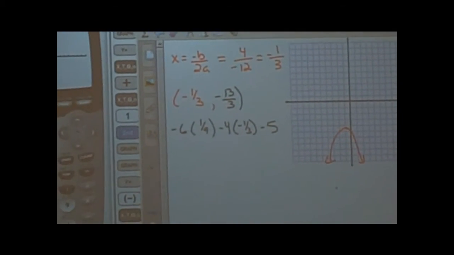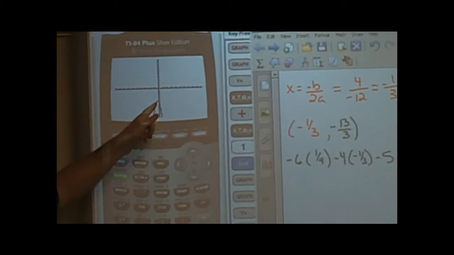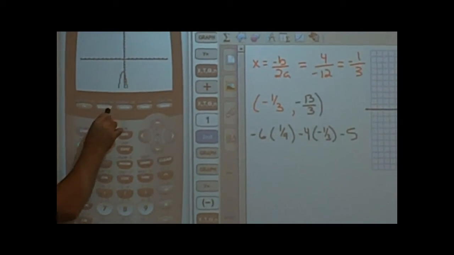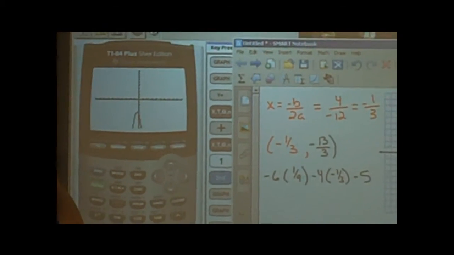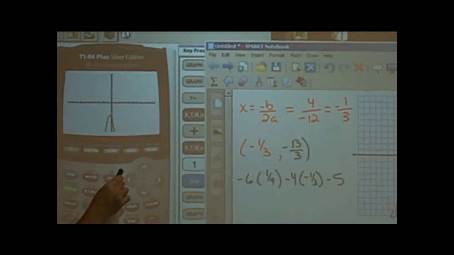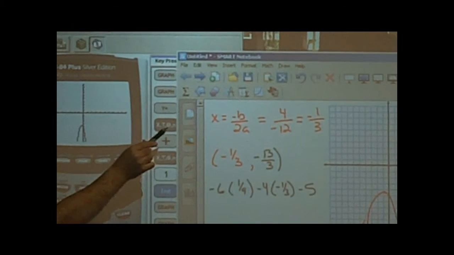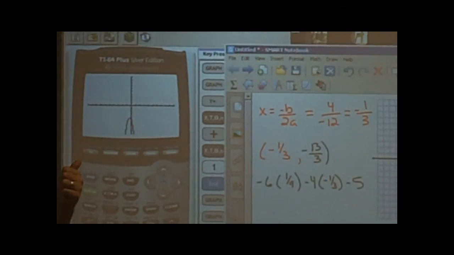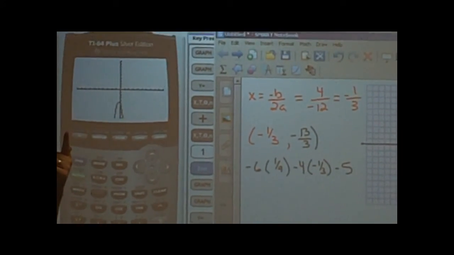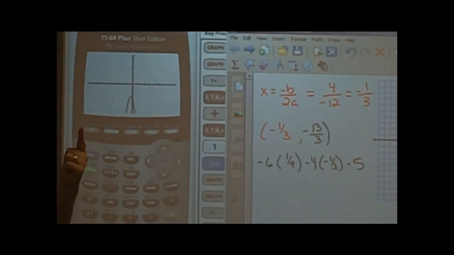Alright, let's look at our domain. We go back to our graph. As this goes down forever and ever, it will go all the way to infinity. Also, if you look at your equation, are your variables underneath the radical? No. Are they in the bottom of your fraction? Nope, so your domain is? Oh, no, number